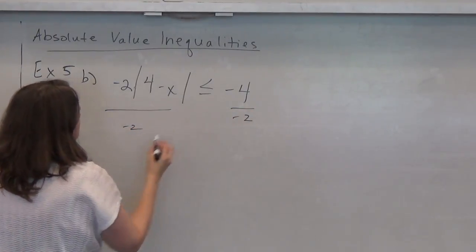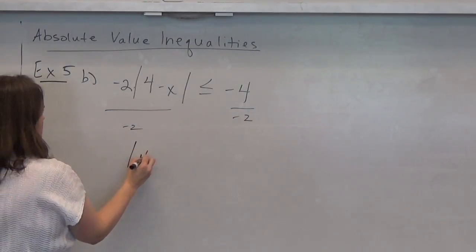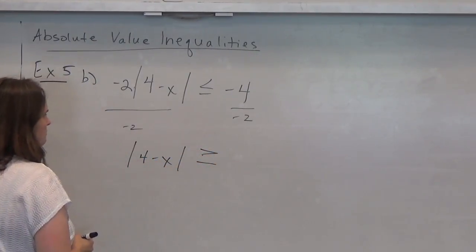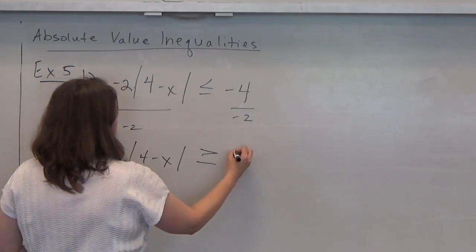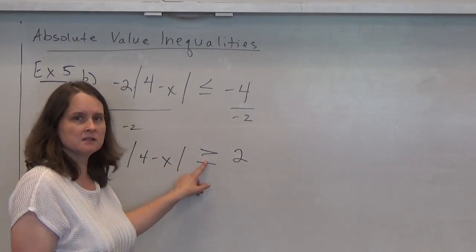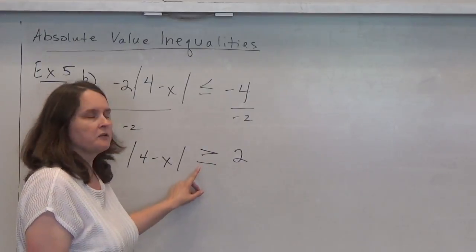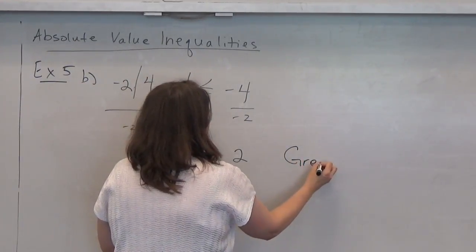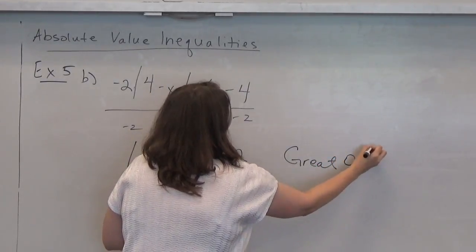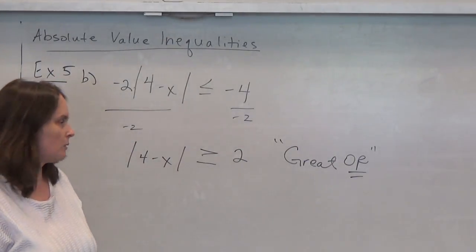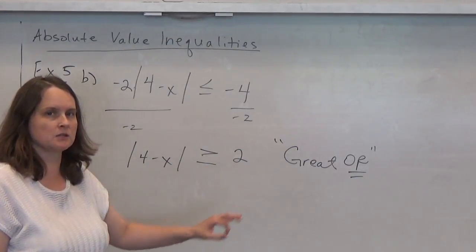Make sure that you remember, when you divide by a negative, you flip your inequality symbol. So we have the absolute value of 4 minus x greater than or equal to positive 2. And now we can set up our 2 cases. Because this is a greater than, this is going to be an or statement. If you think you're going to have trouble remembering that, you can think of the silly little word greater. So if it's a greater than absolute value inequality, you'll use the or statement to separate the 2